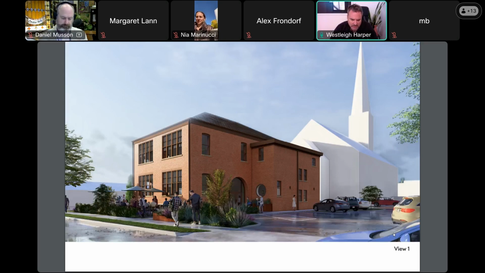And here's the first rendering that we'll take a look at. This is looking towards the southwest. Of course, you can see the new windows facing West 29th Street, the potentially active patio at the face of that facade, and then the new engagements with the new double doors on that northern facade, and then the circular window replacing the double doors in the stairway. You can also see the standing seam metal roof, all of the new details, trim, flashing, window frames would all be a dark bronze color. Next.